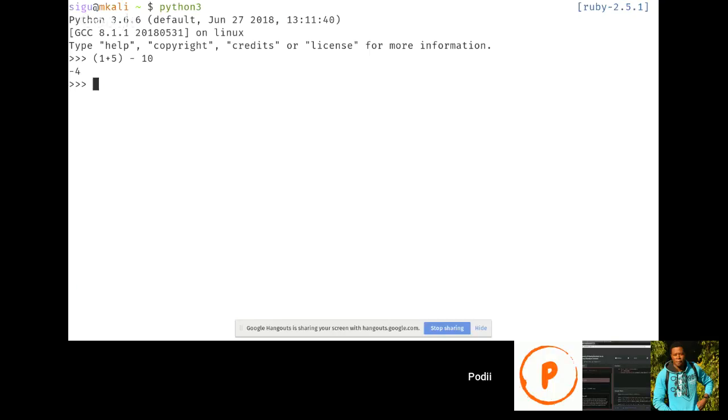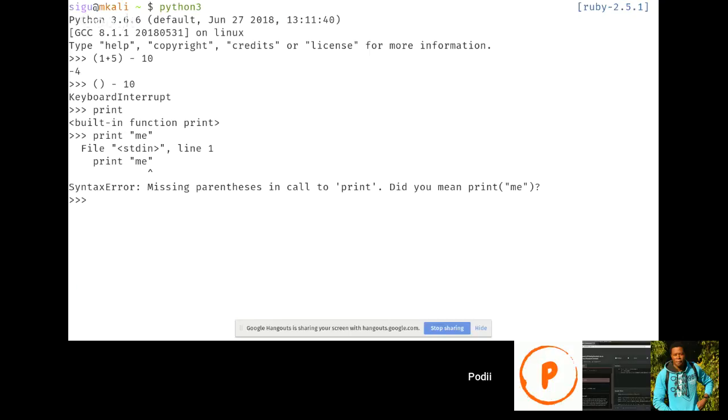So hii 1 plus 5 minus 10 sawa. Haimaanishi ati na treat hizi vitu kama function call. Now, can we put function hata print list. Print ina fail. Hebu try ku print kitu. Andika tu print alafu name. Lazima weke kwa brackets. But kama ni Python 2 ingekuwa tu print sawa. So swali yangu ni